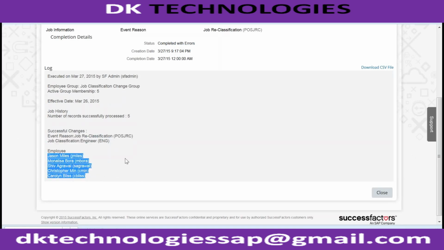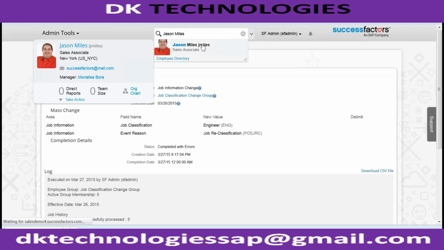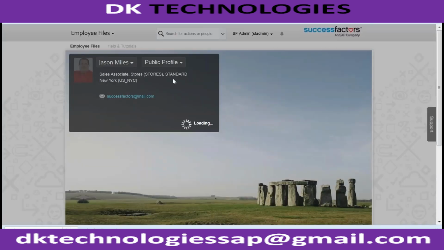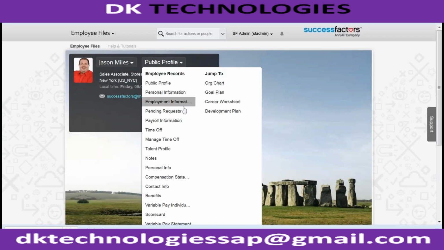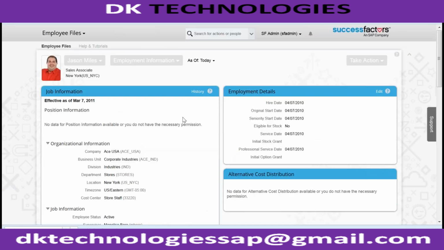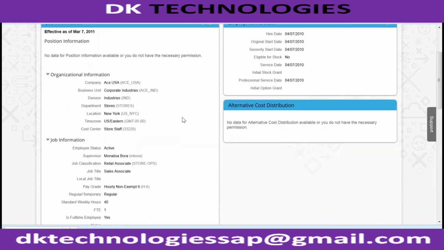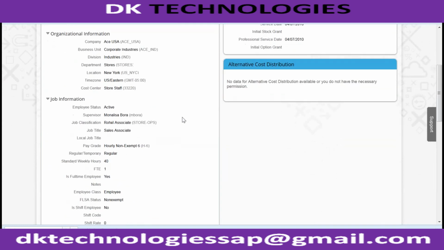You see here we did a job classification change to engineer for these employees, guys. Let me go to those employee records and look at their job classification. No worries, let me do it here. This is one of the employees, guys, who belongs to the New York location. You can see here New York location, and if I go to the job employee information,